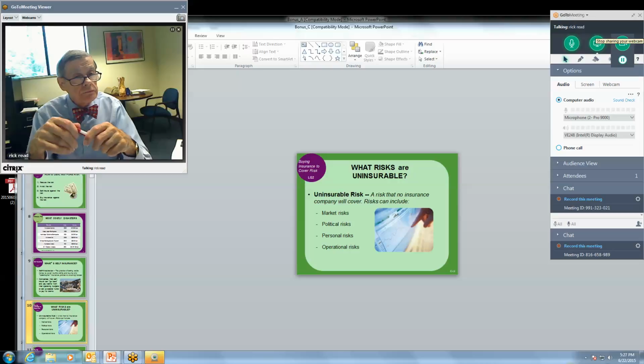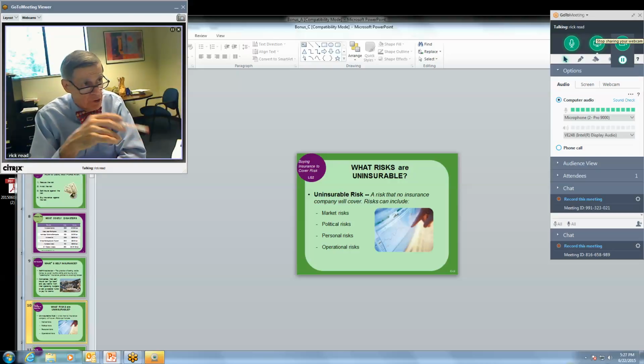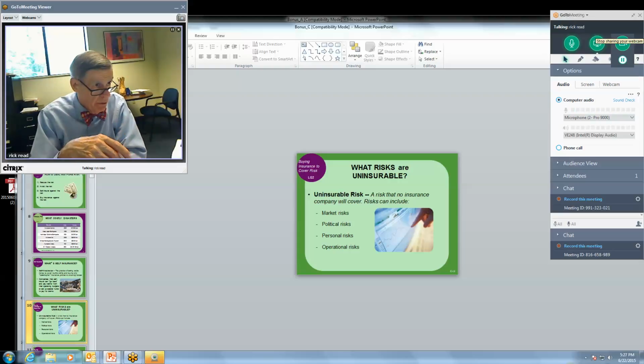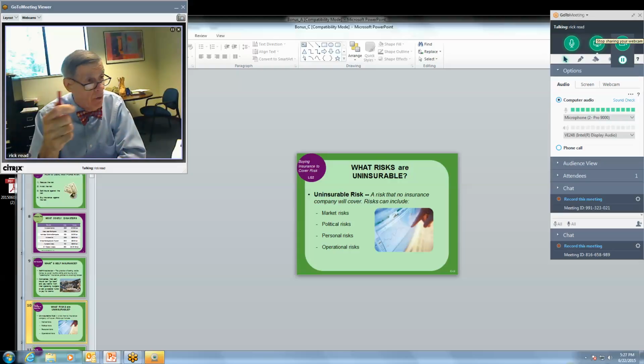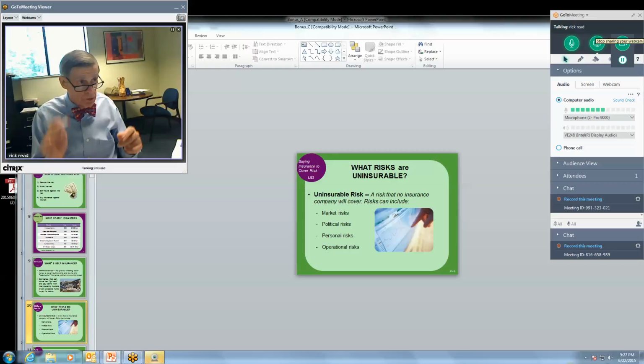These are uninsurable risks. You can't get insurance for any of these. One of these is change in the market. What this talks about here is, let's talk about the stock market. The stock market takes a plunge. You can't get your money back for that. What you could get your money back for is if an individual stock plunged and you, Mr. or Miss Investor, could prove that it was due to company malfeasance that the stock went down, you might, operative word might, be able to get your money back.